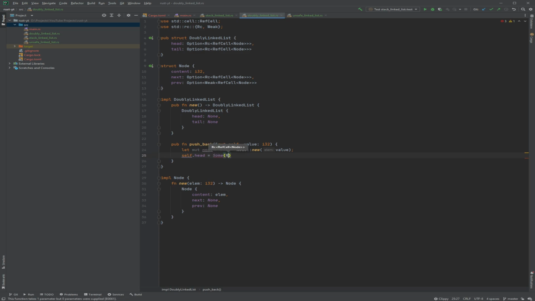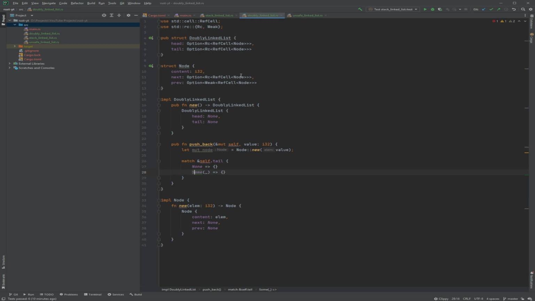Alright. So, obviously now we need to... well, we can actually put it inside yet, because obviously we don't want to put it inside the head. There's a pushback, not a push front. So we want to get a reference of the value inside the tail.